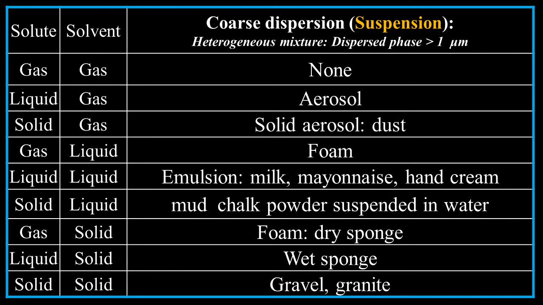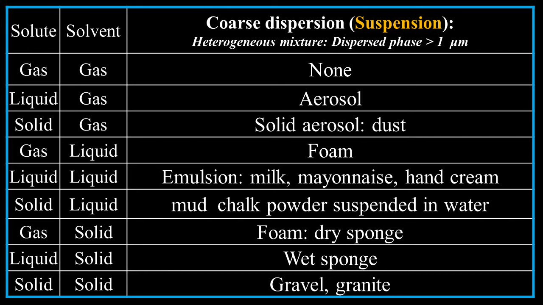We have a liquid and a gas. We have all of these others. I won't go through it. And these are suspensions where you have this coarse dispersion, heterogeneous mixture. Dispersed phase is greater than 1 micrometer. So those are the comparisons of the three